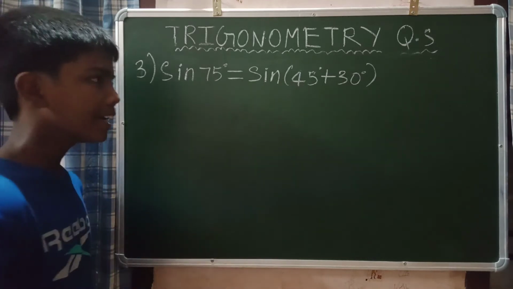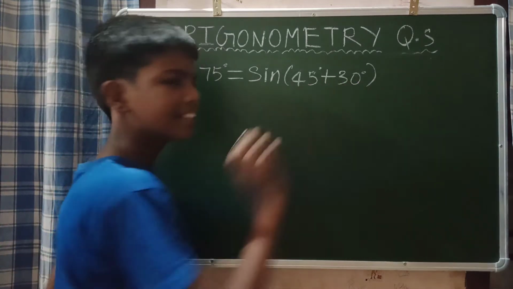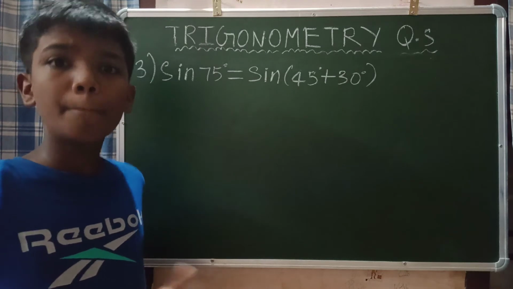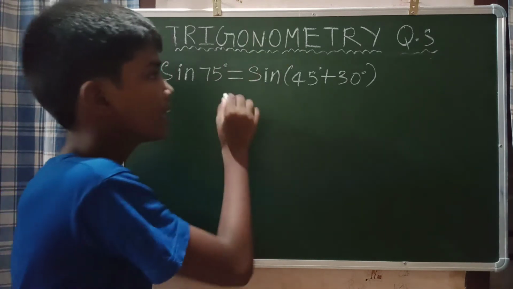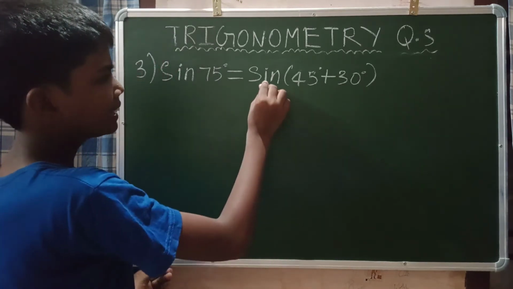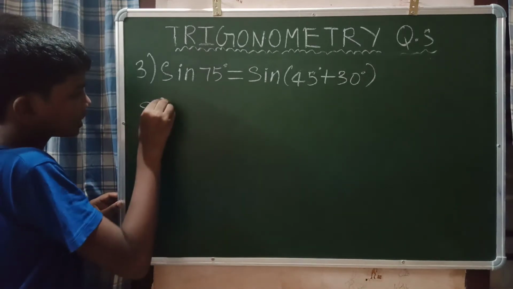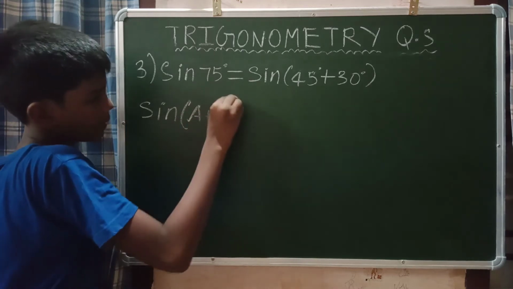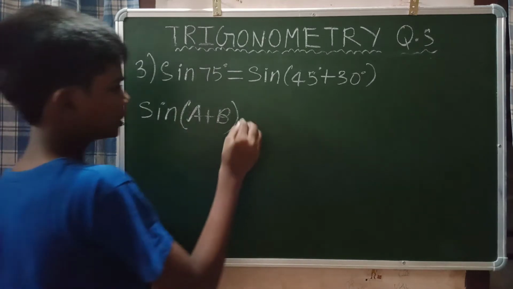The reason why I wrote it like this is, we know the values of sine of 45 degree and 30 degree, but we don't know the value of sine 75 degree. Now clearly see that it is sine 45 plus 30. It is in the form of sine A plus B. We know the formula that sine A plus B is